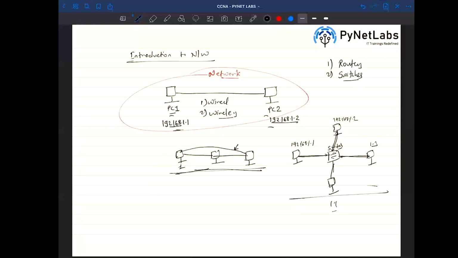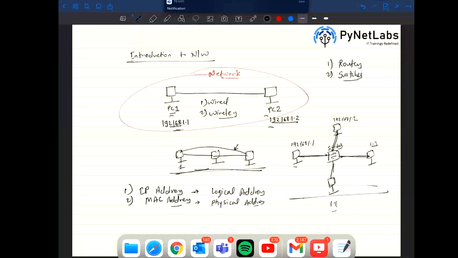You get it? So whenever these computers are configured with IP addresses, then these people can talk with each other. Make sense to you? But these computers also have some other details. One of the major important things that these computers are configured with is the IP address. And the second thing is the MAC address. Most of you must have guessed it, right? So the IP address we call a logical address, correct? And the MAC address we call the physical address, because whenever